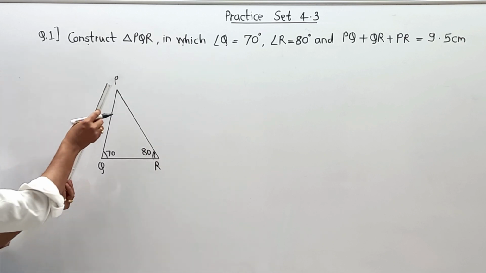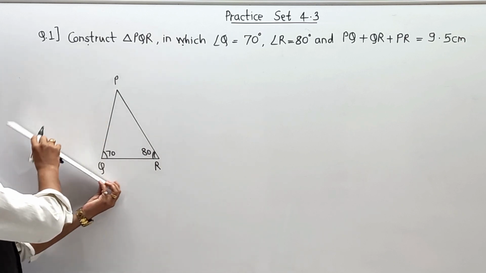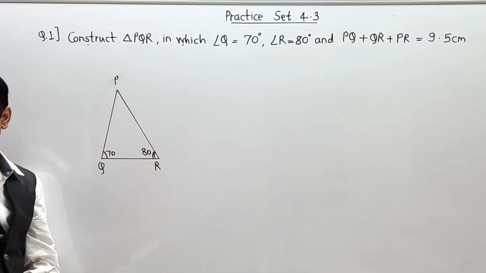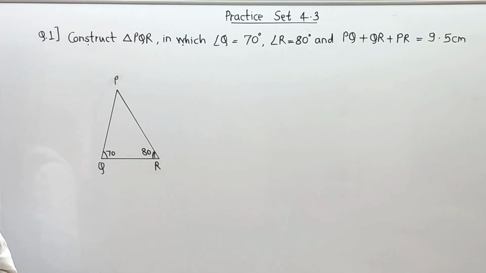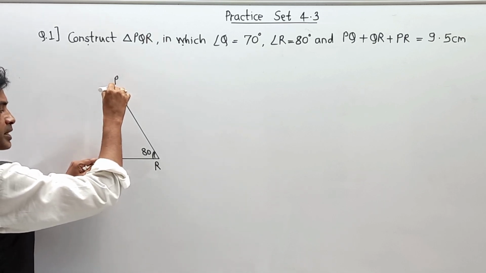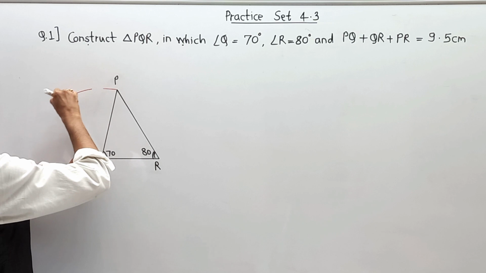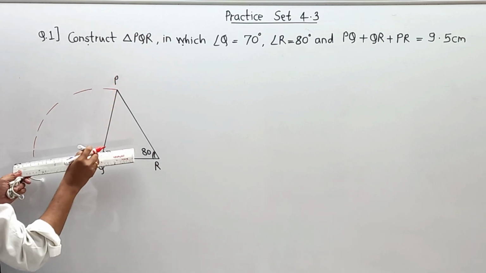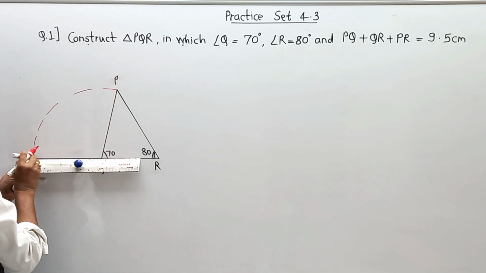In this case, first of all, this side PQ, I am going to divert in the horizontal direction, and this side PR, I am also going to divert in the horizontal direction. Let me clear it here. Now, we have to understand this part. From this diagram, we are trying to elaborate the rough diagram. Let us say this is the side PQ. We don't know its length. We are going to divert this side in the horizontal direction. Whatever the length of PQ may be, I am going to divert this line over here.